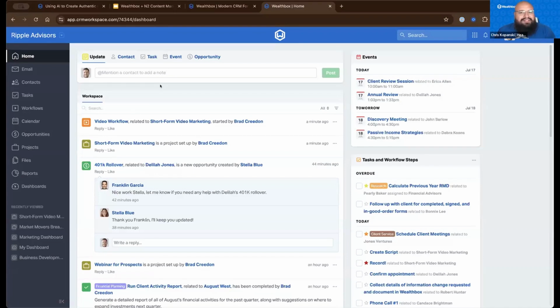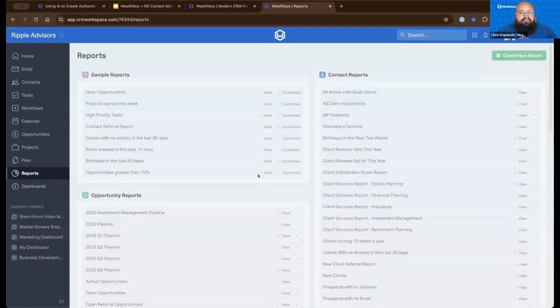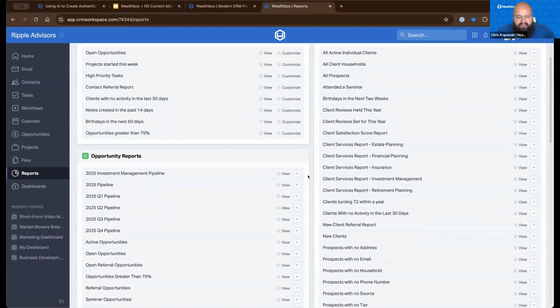So we'll skip some of the basics of Wealthbox, and we'll take a closer look at some of these different features. So one of the first things that I had mentioned is finding that ideal client, and reports, even outside of where you're tracking that information, is an amazing place to track some of that. Just as a couple of examples, I have reports for client services, anyone involved in estate planning and financial planning, insurance. Where is my client base? Who am I actually realistically working with?